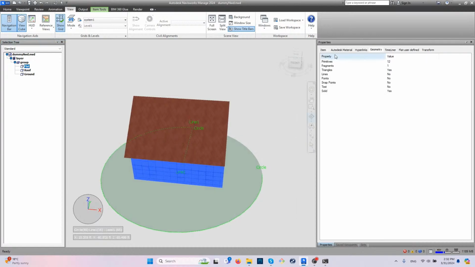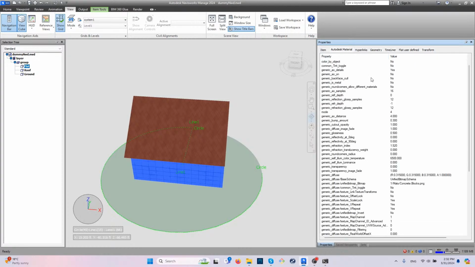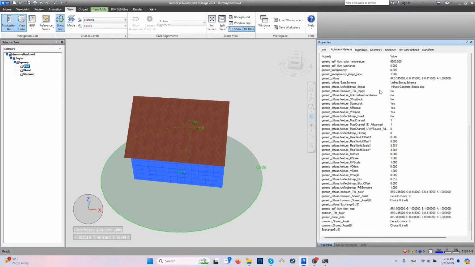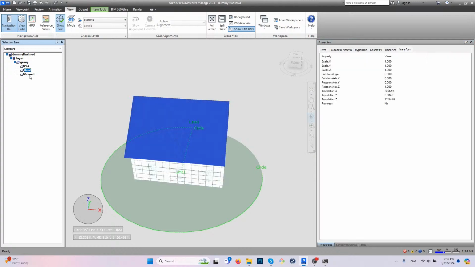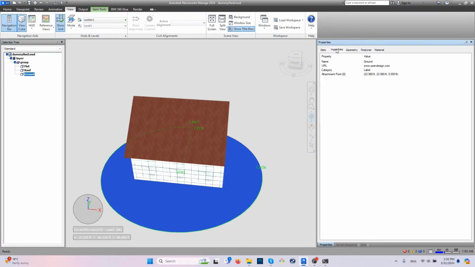and if looking at the hierarchical tree, we can see that layer and group were created. The attribute Autodesk material with advanced texture is also here. Hyperlink override attribute is also here. Geometry and property override attributes were also created. The transformation matrix is also set. Saved viewpoints